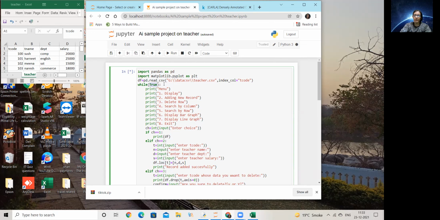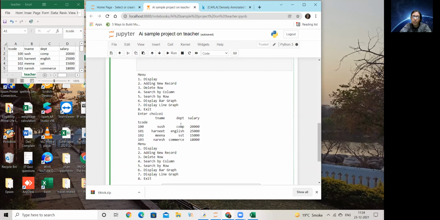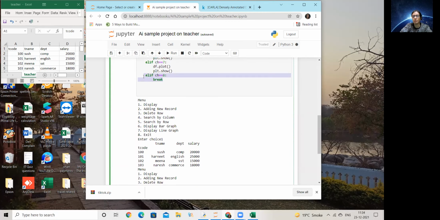So when I want to devise these kinds of menu-based programs where the exit is based on a choice and on some input of the user, we generally write these while true loops. That is the significance of while true. The condition is indefinitely true for the machine to execute. But in such cases, do not forget to put a break somewhere, otherwise it will become an infinite loop. You cannot come out of the loop in that case.